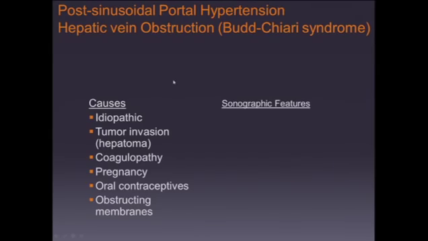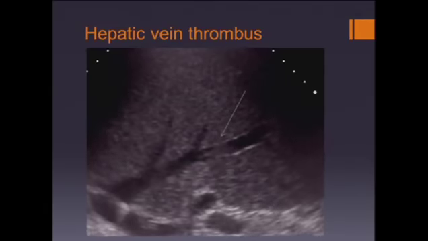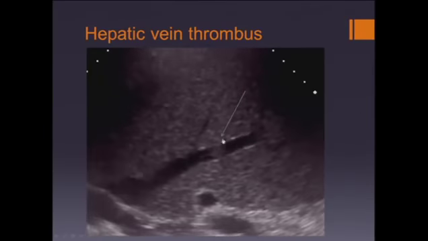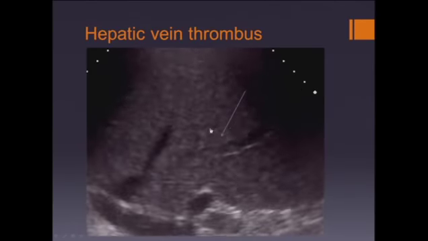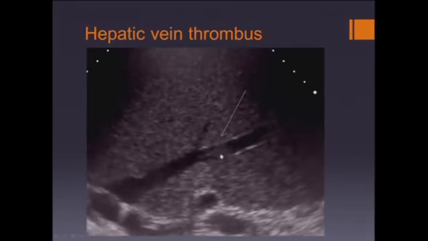The sonographic features of Budd-Chiari syndrome are obliteration of the hepatic veins, loss or attenuation of the normal pulsatile pattern, and intrahepatic collateral vessels. Acute hepatic vein thrombosis will appear in the form of a filling defect. So this is an example of an acute hepatic vein thrombosis. This is the hepatic vein draining into the IVC, and within the hepatic vein we see an echogenic filling defect,